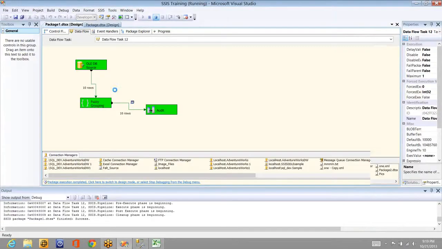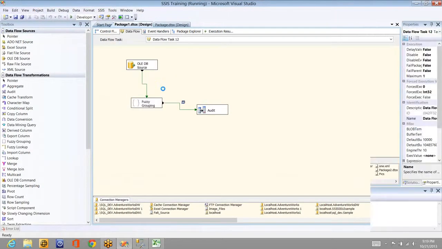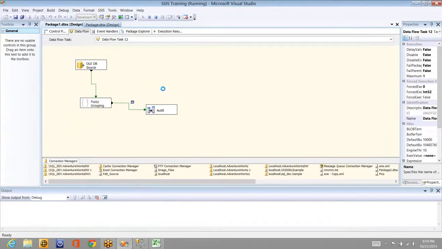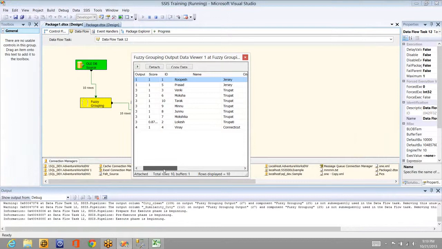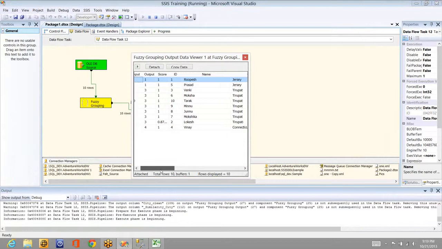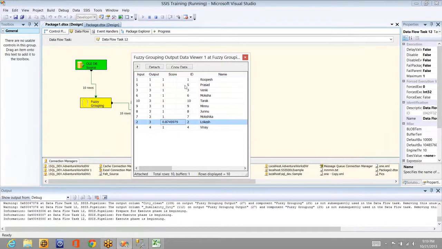Now let me re-execute it. So the second guy is having the city as Tirupati, and all the remaining guys who had Tirupati, I changed it to Tirupat. Now if you see, it is saying this is 0.87% similar to the value present for the remaining, like Tirupat.